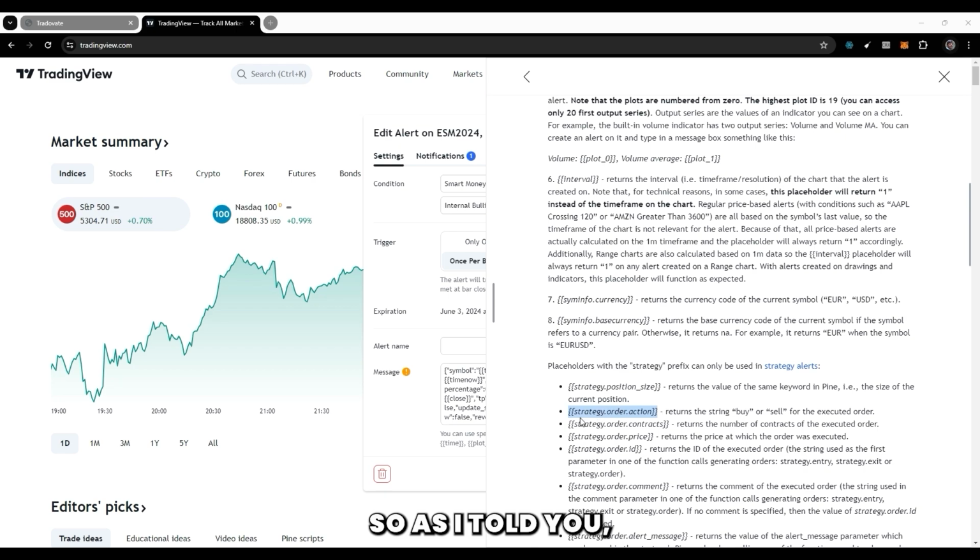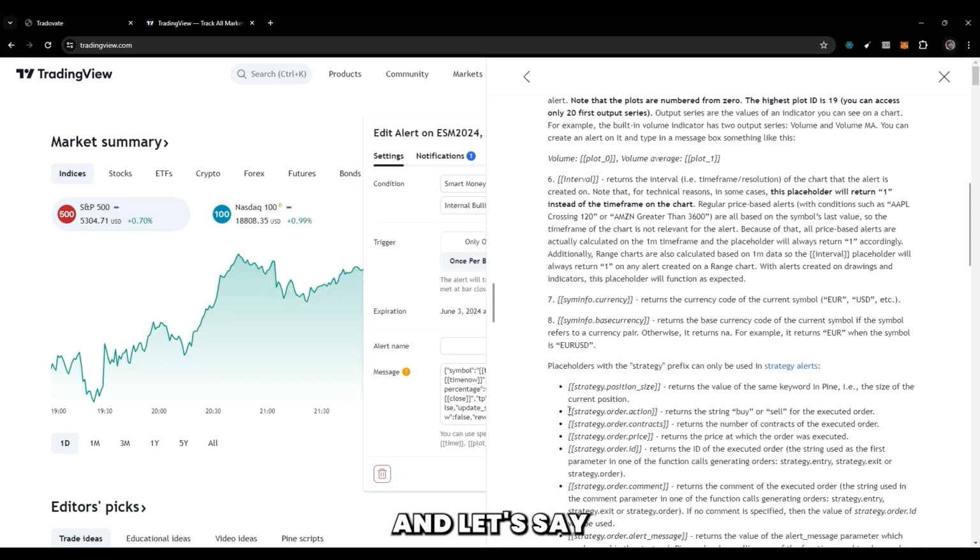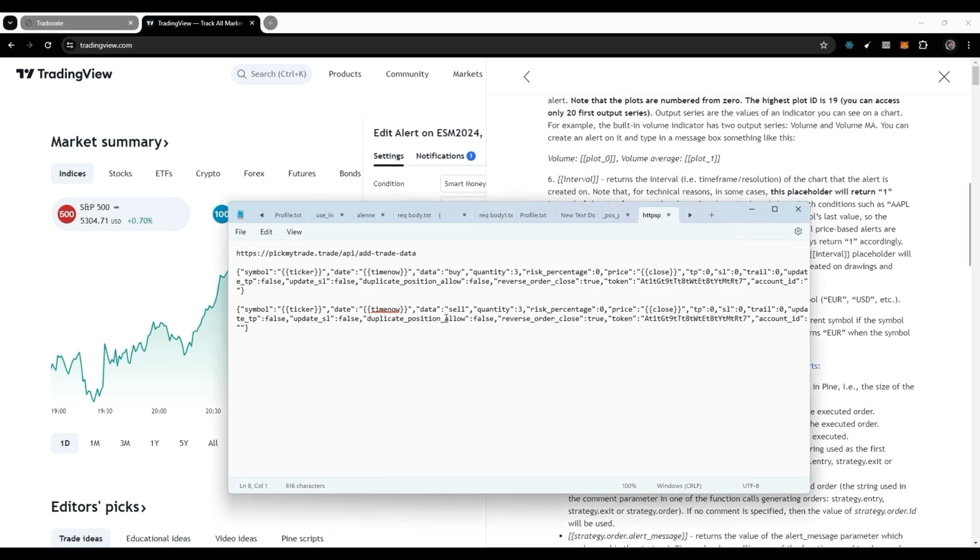As I told you, if you are running an indicator, then you have to define buy or sell, and based on that it is going to take the trade. And if you are running a strategy, then you have to select strategy.order.action. So it would come accordingly. And in quantity,